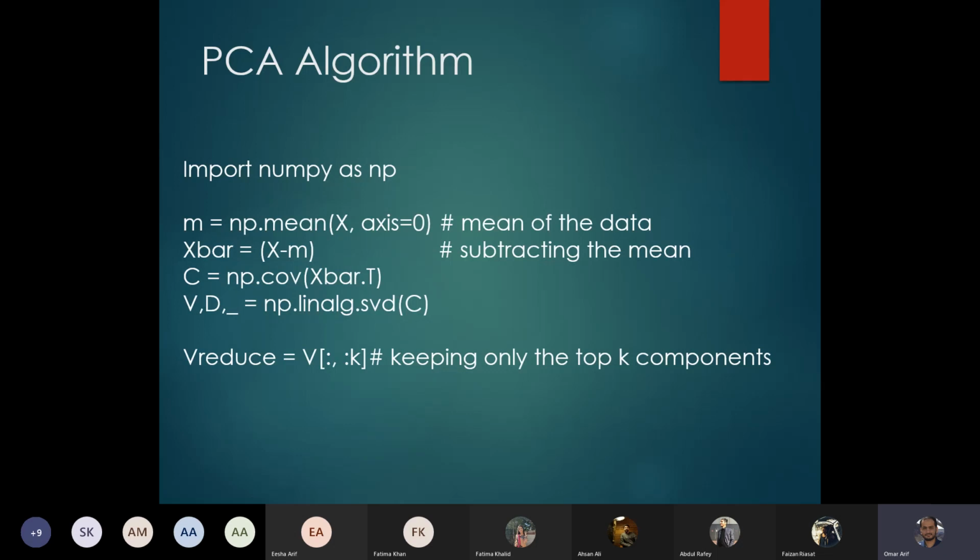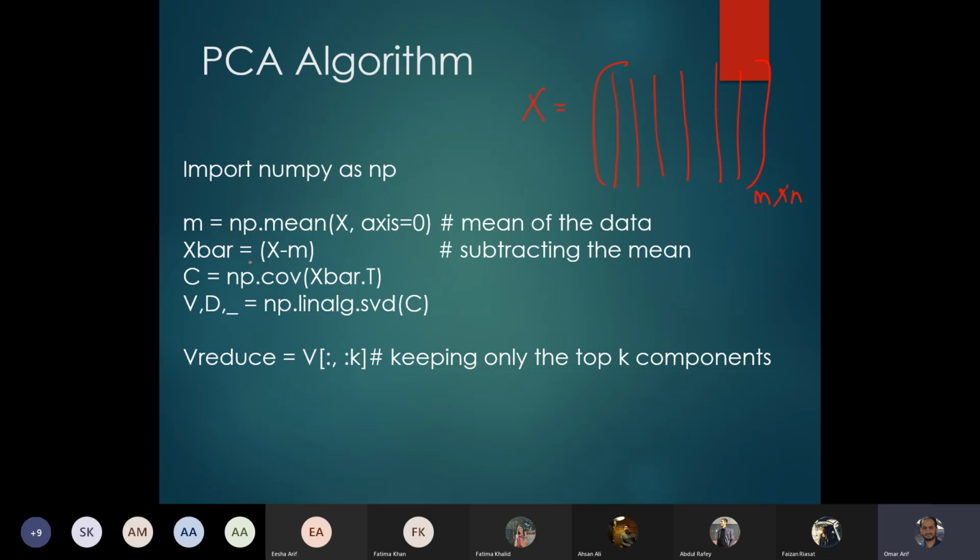This was also part of your lab. The algorithm goes like this: first you have to subtract the mean from the data matrix X. If this is your data matrix, the rows are your training examples and the columns your features. The first thing you need to do is compute the mean, and the mean should be computed along each dimension. So if you have n dimensions, the mean would be an n-dimensional vector, and each column would have its separate mean. Basically, each dimension would have its own mean.